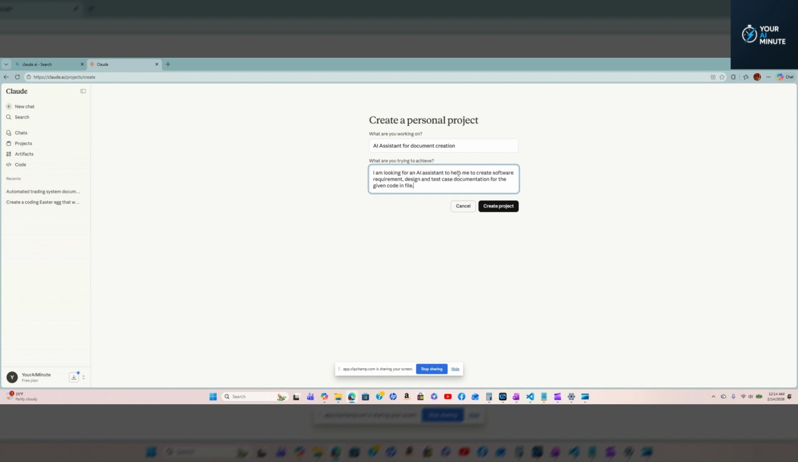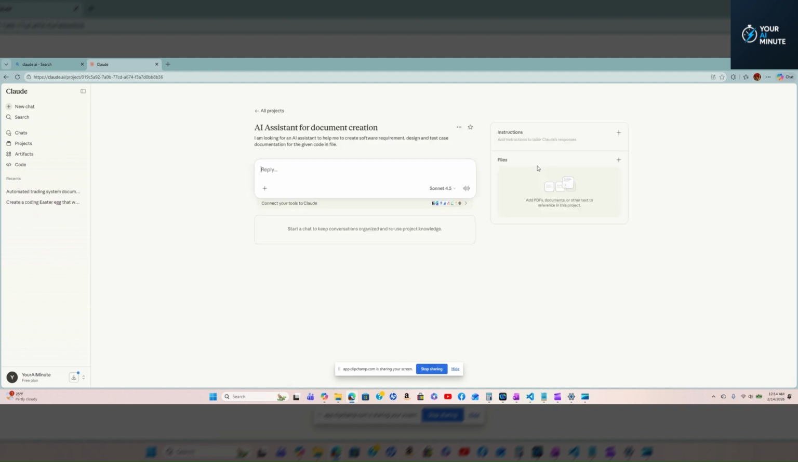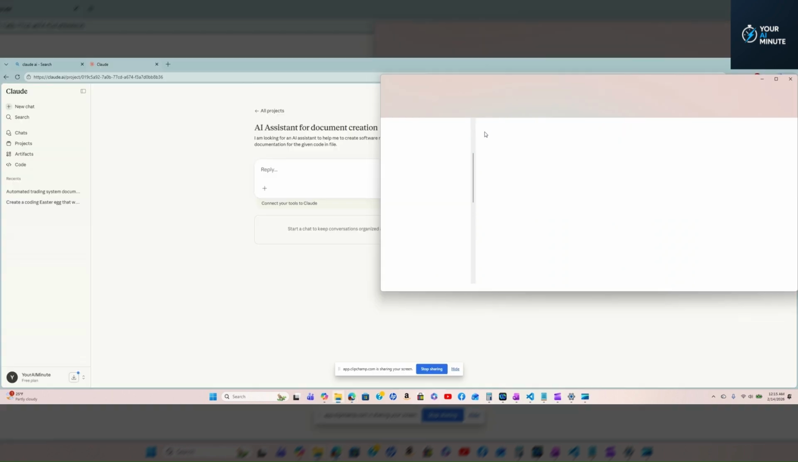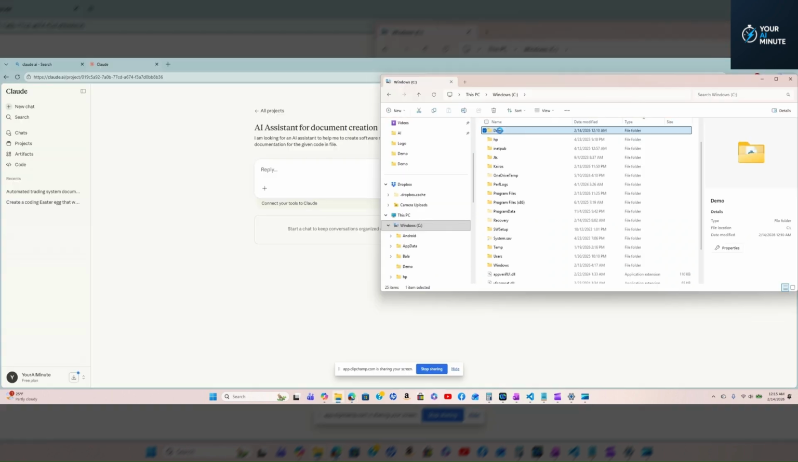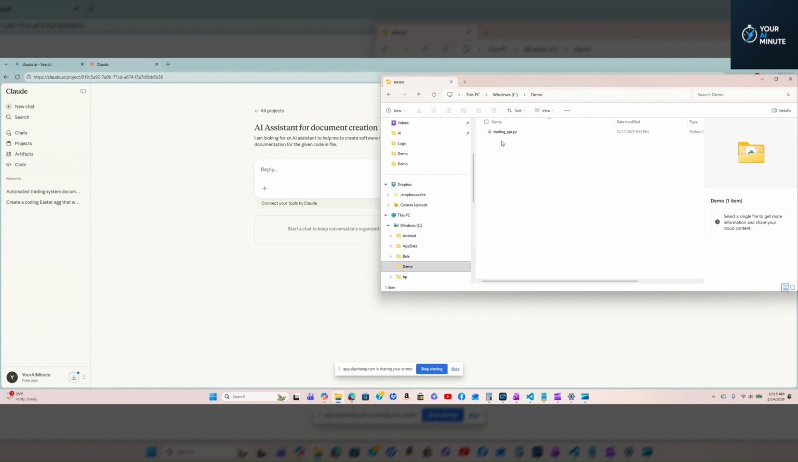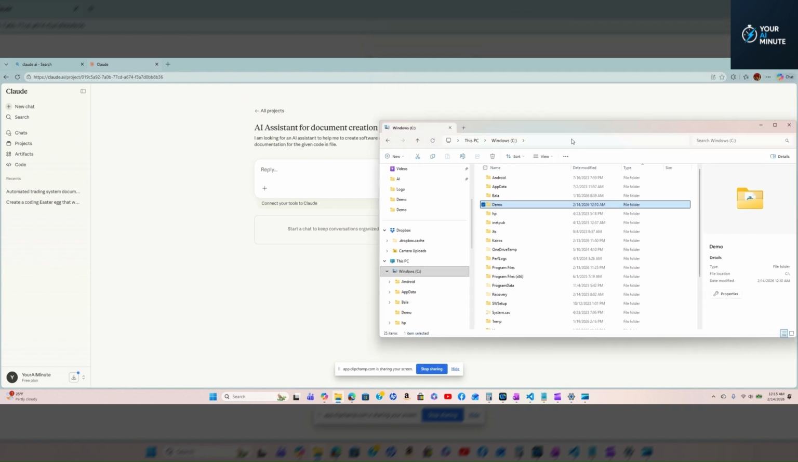Now I'm going to upload my code. Cowork can read individual files or an entire folder. For this demo, I've created a folder that contains just one file, the API layer of my trading system. I'll drag and drop the folder here so Cowork can analyze it. Once the file is uploaded,